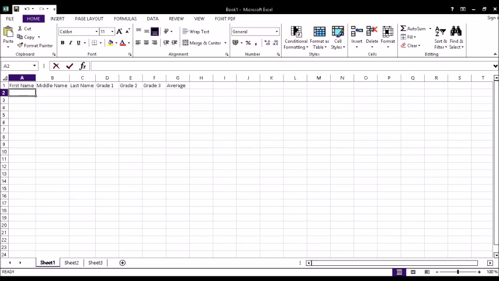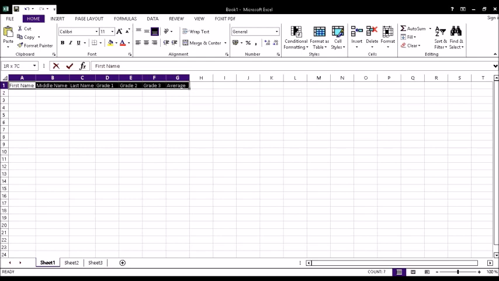input the title or labels. These right here are known as titles or labels. Now these can be formatted. What you can do is change these as it relates to font style. I'm going to change mine just for this tutorial. You can change the font size. You can even change the